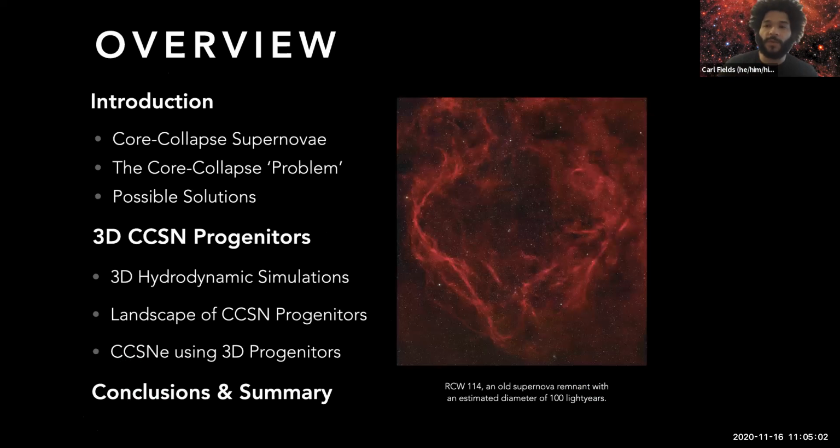Starting off, I wanted to give a brief overview of what I'm going to be talking about today. I'll start off with the introduction, bring us up to speed with core collapse supernovae. I'll introduce what I call a problem in our field in terms of their simulations, and then some potential solutions for solving that. One of those potential solutions that I'll go into detail about is the 3D progenitors that I'll present, and then after that, I'll talk about some ongoing work that we're doing looking at different initial progenitors of 3D simulations, as well as emission signals that we see from 3D explosions of these models.